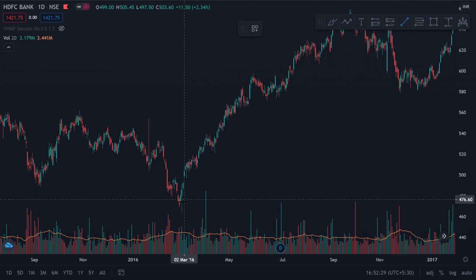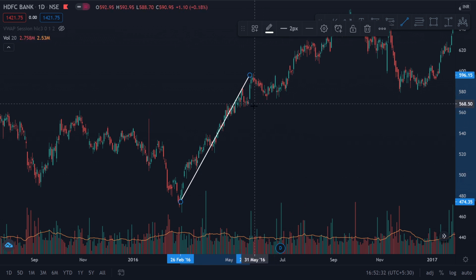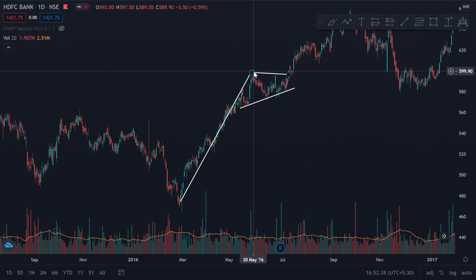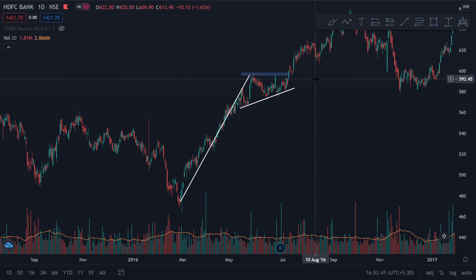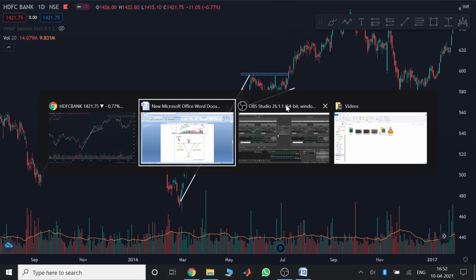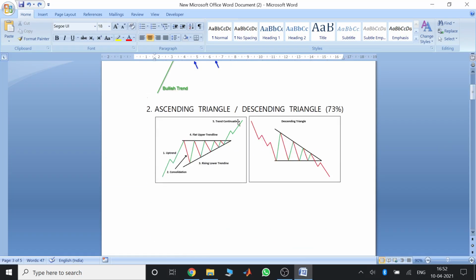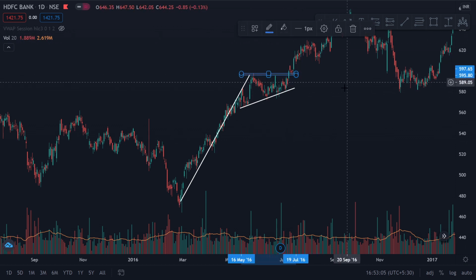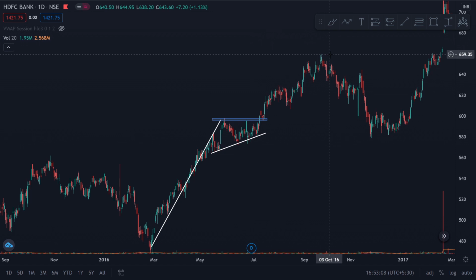Here price has moved up, huge uptrend, and then I can see an ascending triangle. So what do I see? Again, these are all approximations, you cannot keep dot to dot. You can see that the two highs which were formed here are pretty much on an equal level, right? While the lows were going up. So does this look somewhat similar to your ascending triangle right here? Of course it does. So the lows are going up and the high is pretty much at the same level. So when the high is broken, if you went long, you obviously easily got your targets, right? Now this was an example of an ascending triangle.